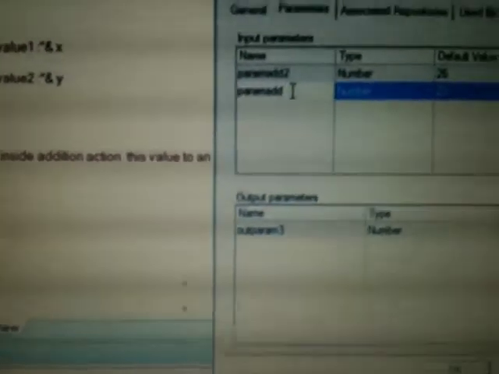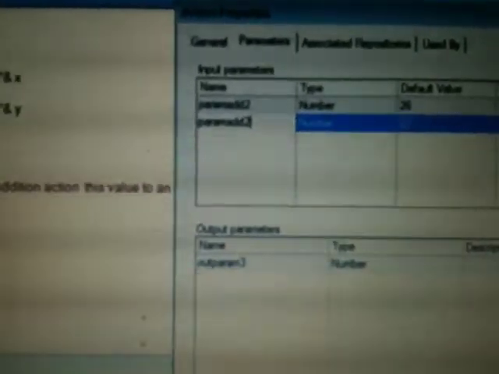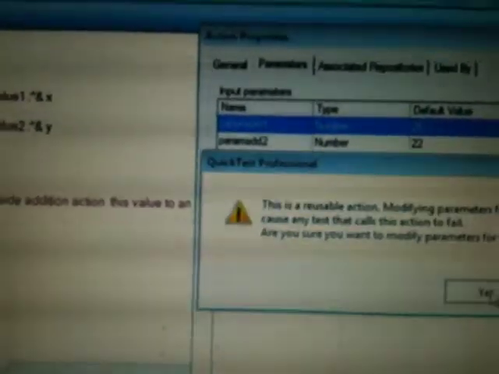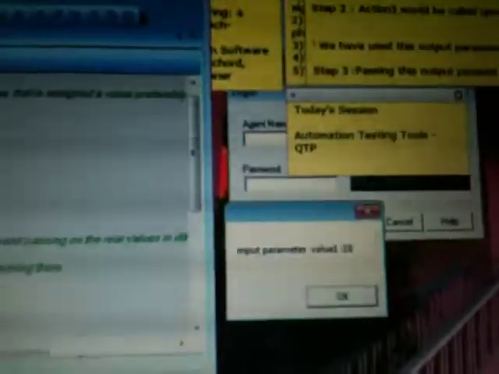Go to action properties, parameters. I can give parameter add 2, parameter add 1 instead. If I change this as 2, and if I change this as 1, okay, go to action, and when I run it, now you are finding it is interesting. In the order I have passed, I am getting input parameter is 18 here, that is what I have passed. 4 is the second value, the total output is 22 after addition, and after assigning the previous output of action 3 to action 4, it has become an input parameter to the action.